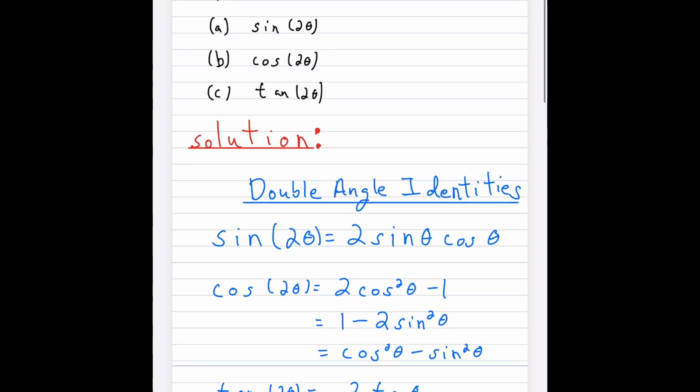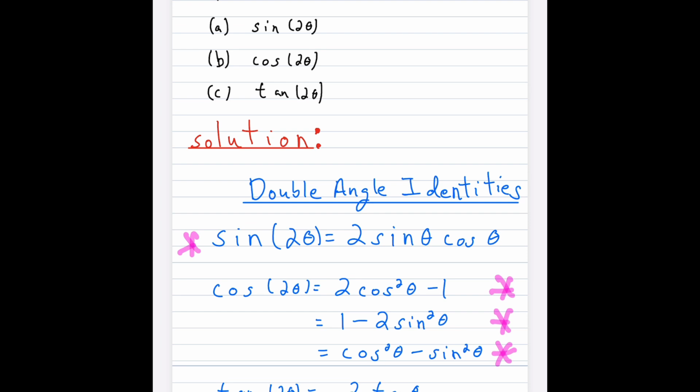And right, we have several double angle identities. Sine of 2 theta equals 2 sine theta cosine theta. Cosine 2 theta, there's three versions of it: 2 cosine squared minus 1, 1 minus 2 sine squared, or cosine squared minus sine squared. So typically